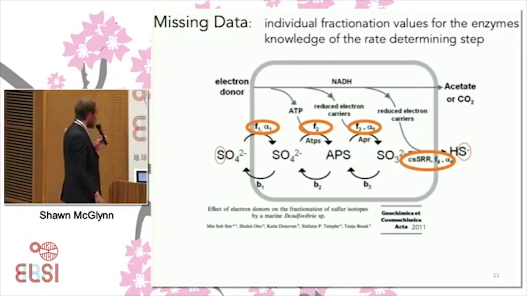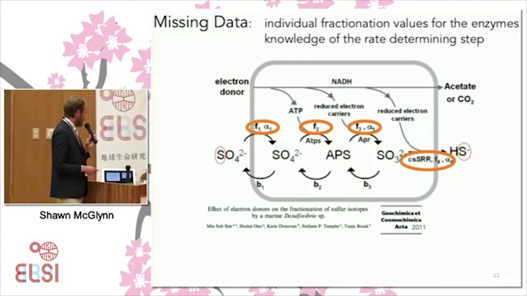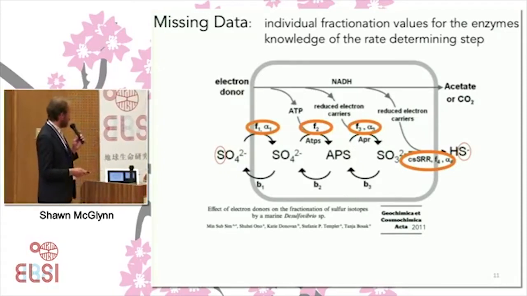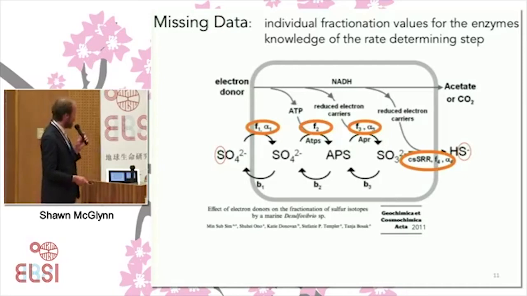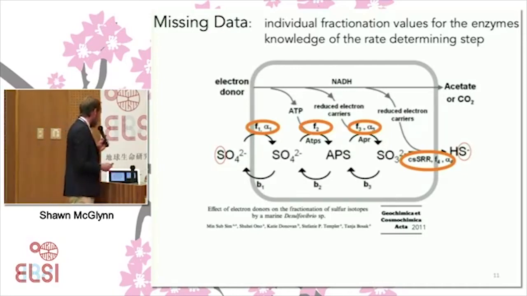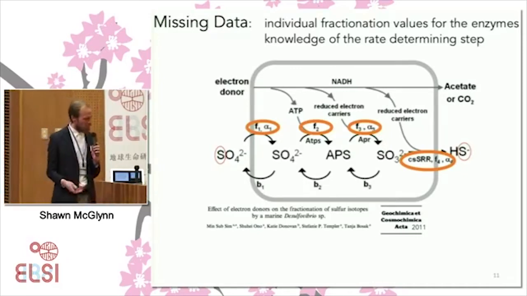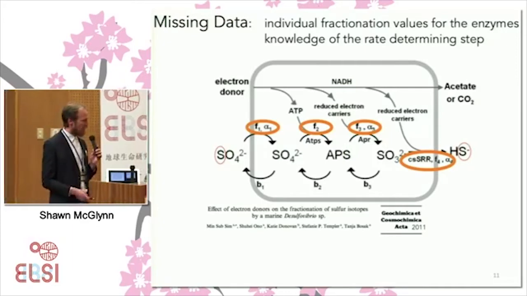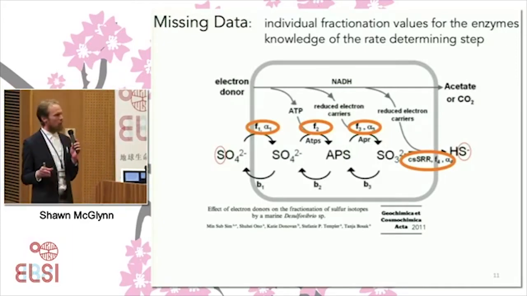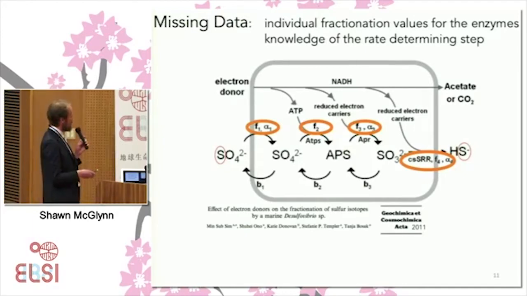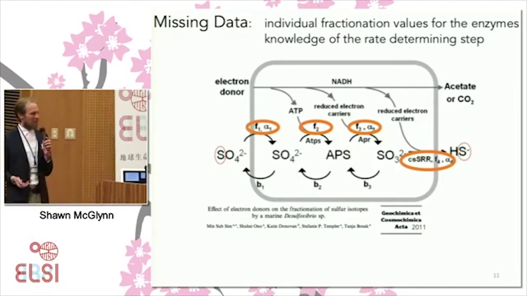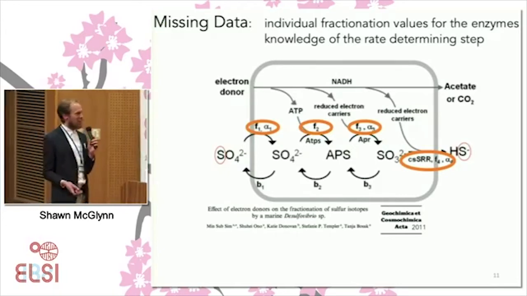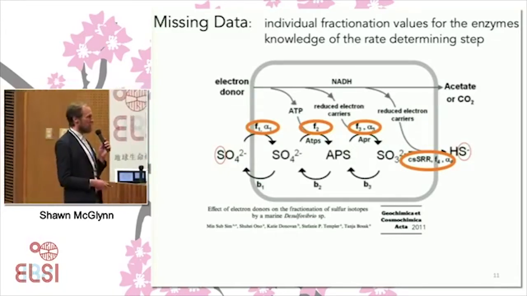So this seemed like a satisfying way of looking at things to be able to understand the shape of that curve. But it left us still with a little bit of some missing data. We could still take the model and come up with different scenarios to accomplish the same isotope fractionation. This is a common process in science. Many hypotheses can account for the same data set. And so there's a degeneracy built into this model.